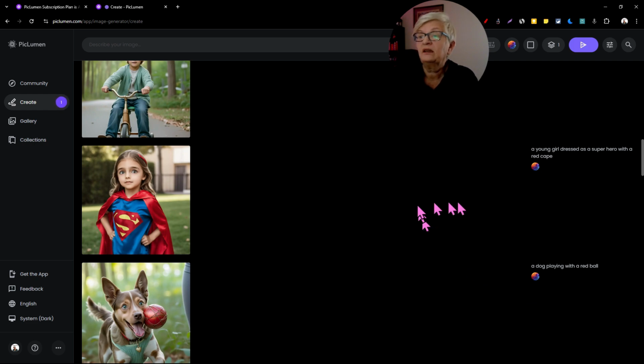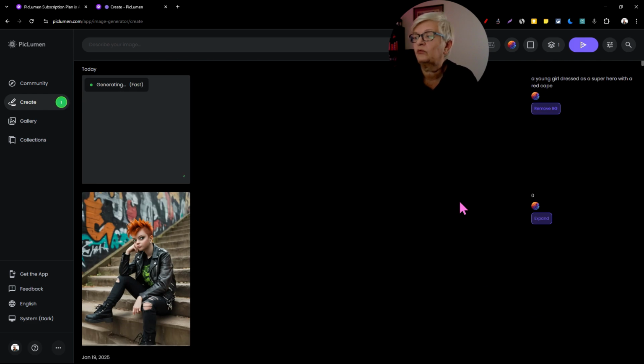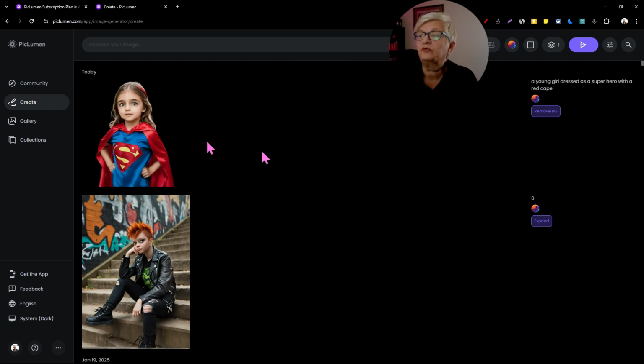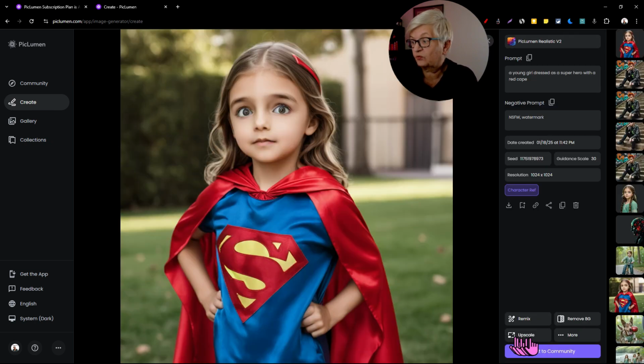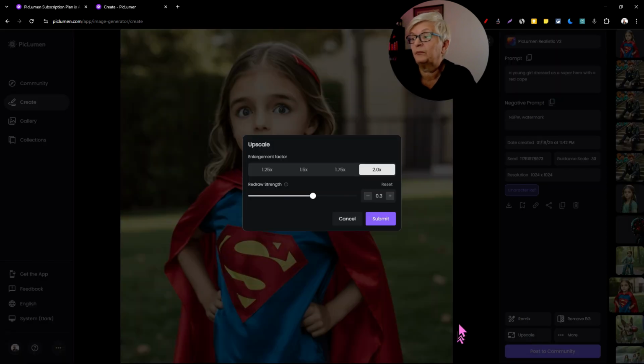So let's click on remove background and see what happens. And here you go, it worked fine. Upscale is one that should work fine if you are on a paid plan. And here we have 1.25, 1.5, 1.75 or